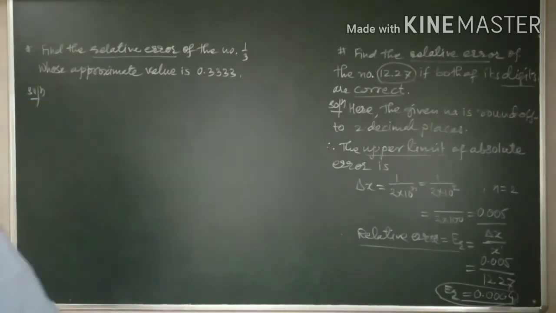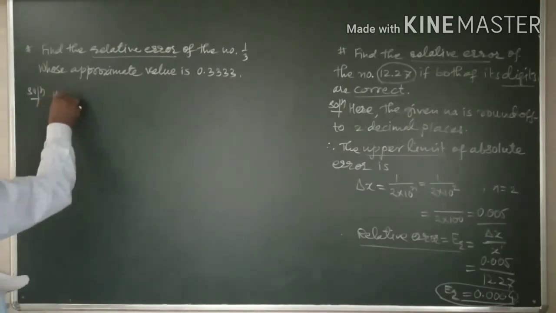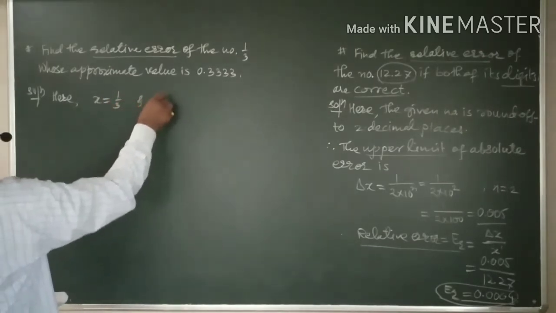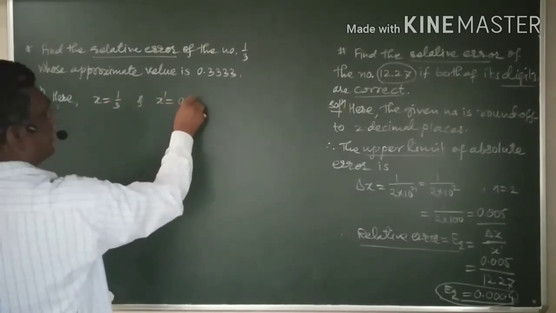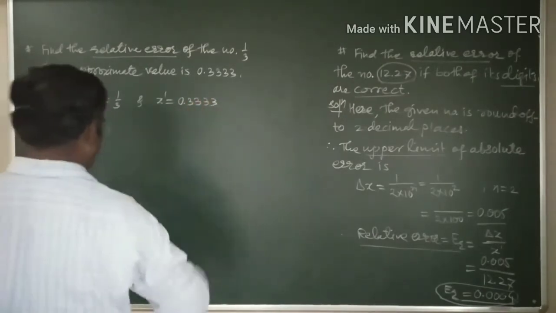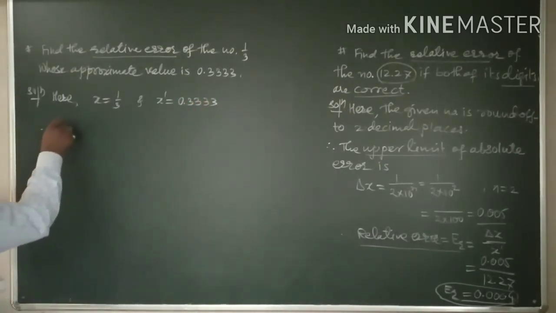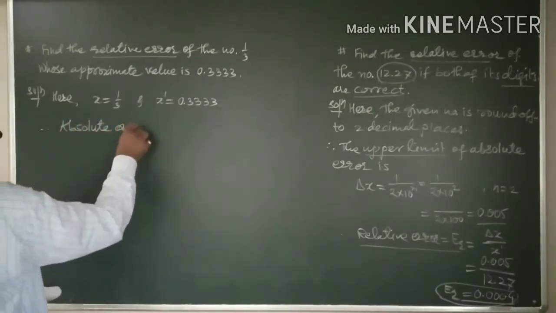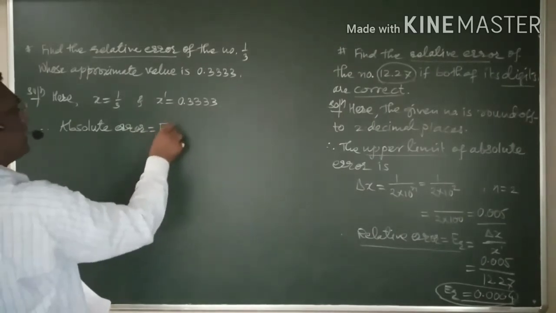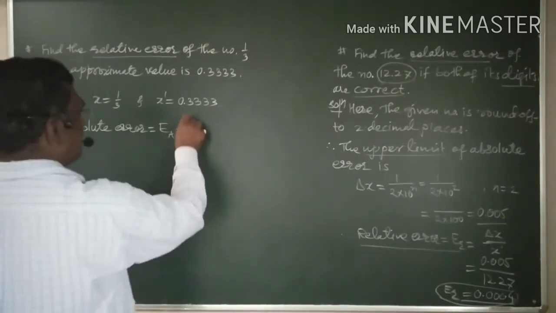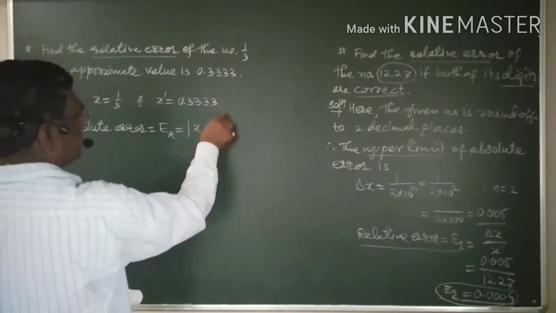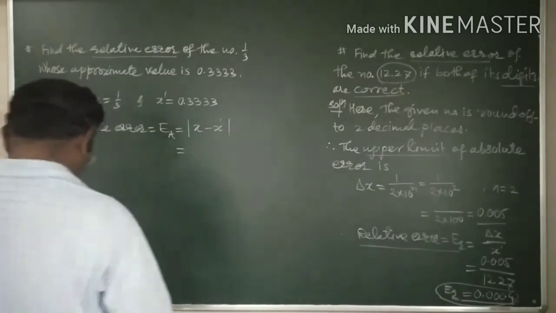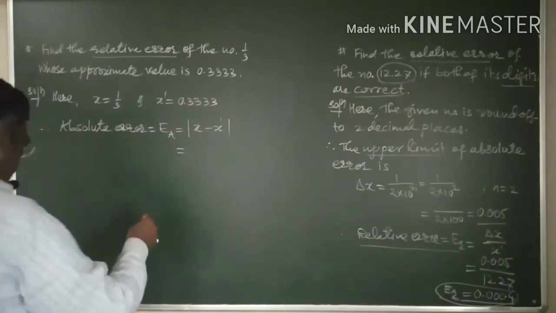Now here x is equal to 1 by 3 and x dash is equal to 0.3333. Therefore I will write here, absolute error EA is equal to the absolute value of x minus x dash, which is equal to